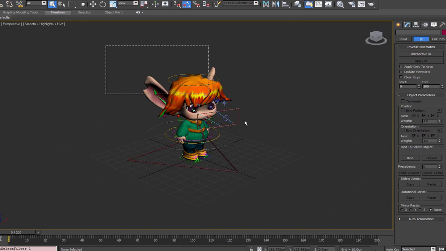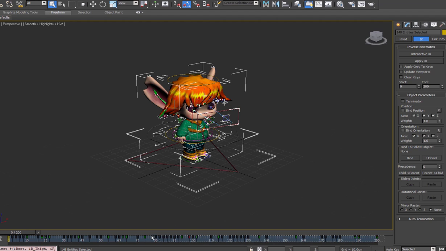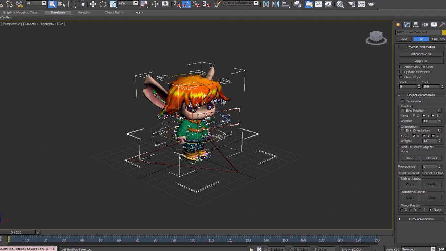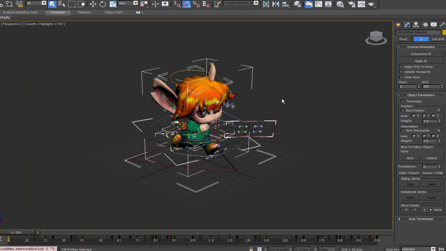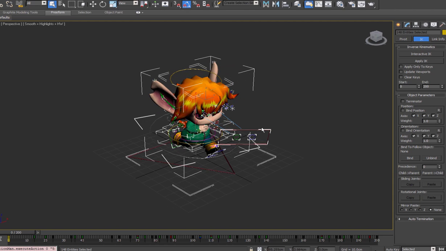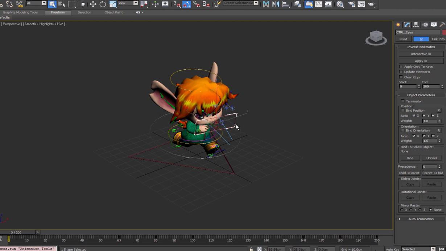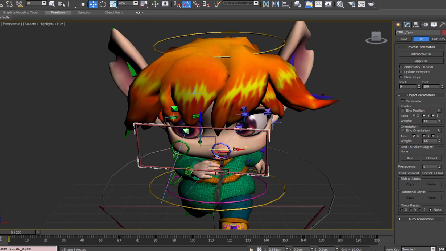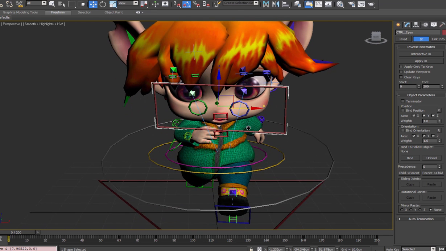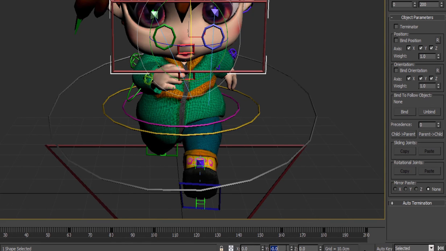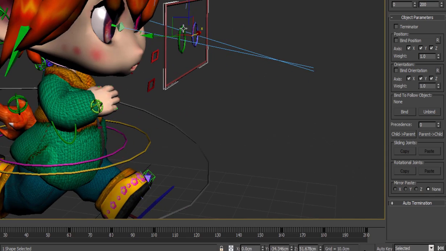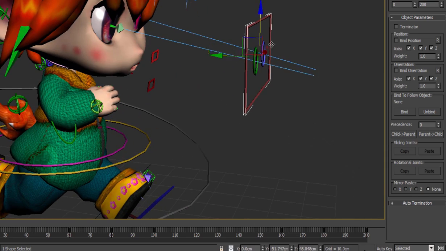Again, we'll want to make sure we select everything, and drag select across the keys and delete those keys. Then we'll go into animation, load animation, click on the run kid animation and load it. Again, this one had a different default offset. You can click on it, alt right click and go transform to 0. It looks like it's still not quite right, so we'll transform this so it's ahead of the character. This actually, we can use this right here and just say 0 on the x-axis. As far as rotations go, we can set this one to 0 and this one to 0, even though it doesn't really matter much. And let's move this a little further out, because he's looking a little further ahead now.